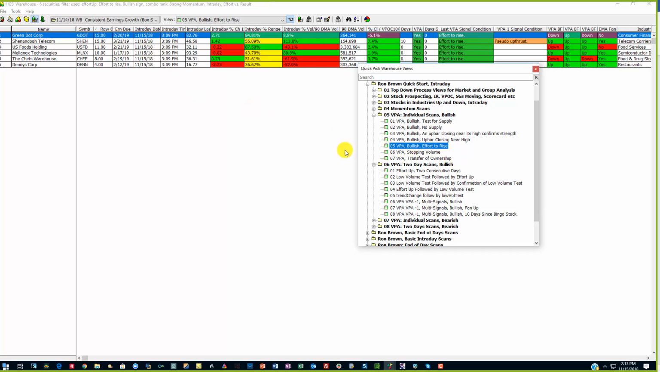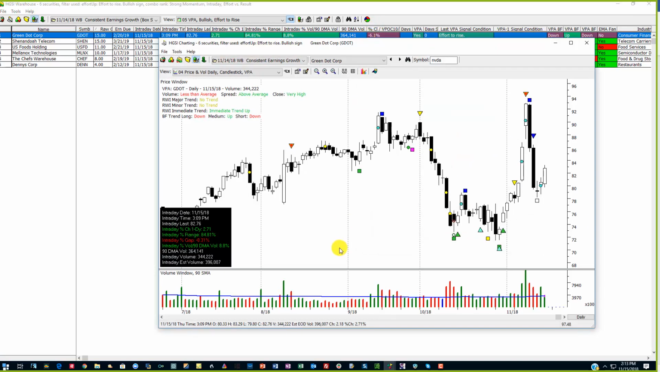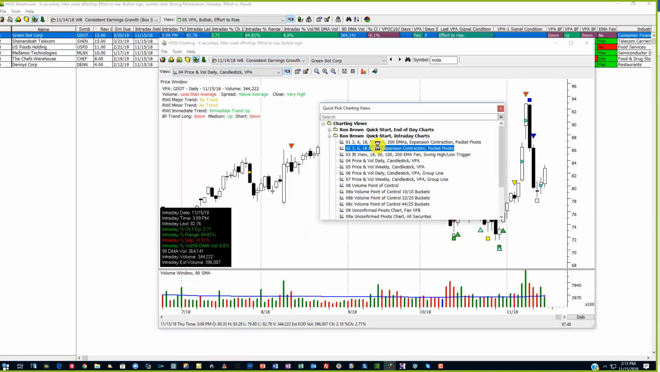Let's look at bullish effort to rise yesterday. I'm sorted on raw combo. You can see that 6 stocks appeared through here. And if I bring one of the stocks up, and then I'm going to go to my